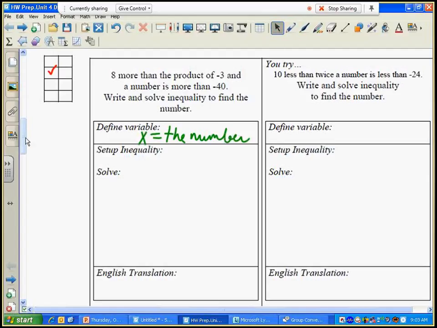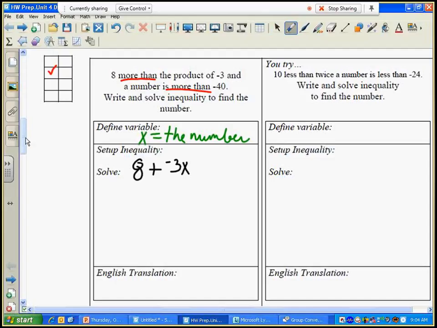Okay, this will require some direct translation here. 8 more than the product. Now, notice the difference between this "more than," and down here it says "is more than." We're going to discuss the difference between those two as we translate the problem. With 8 more than, that's just 8 plus. The product of negative 3 and a number, well, that's just negative 3 times x,